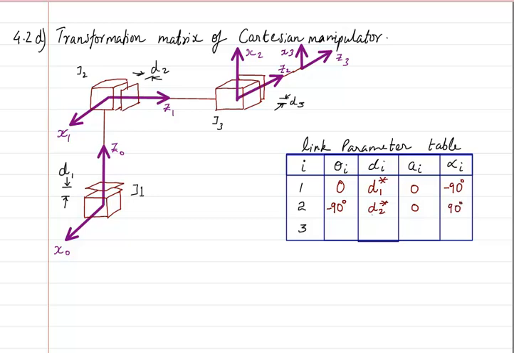Now you might sometimes have a doubt about why we are not writing something here. Here, I am not writing anything about this length, or about this length. See here, the length could have been L1, some length, then I would have written here d1 plus L1. The only thing is that d1 is variable, so I will write d1 star plus L1. Where? In the first row, under d i.